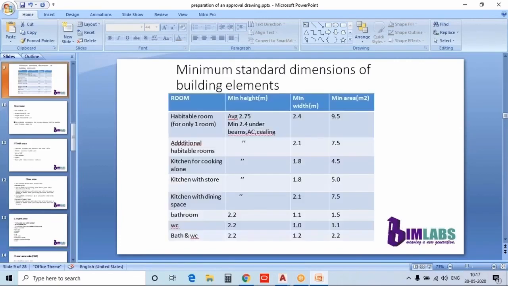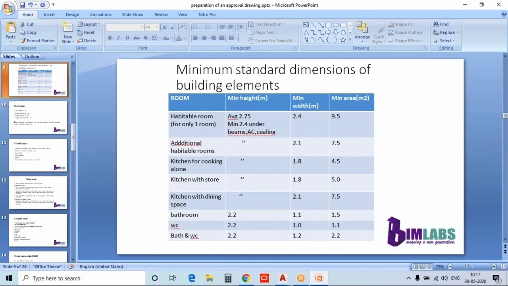Next, these are the minimum standard dimensions of building elements when you are planning a residential building. First of all, you have to take the measurements of the site. Either you can take the measurements directly from the site using a measuring tape, or use a total station survey. If the site is a little complex or a large site, then you can